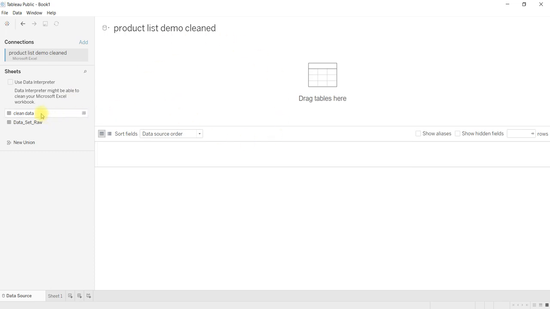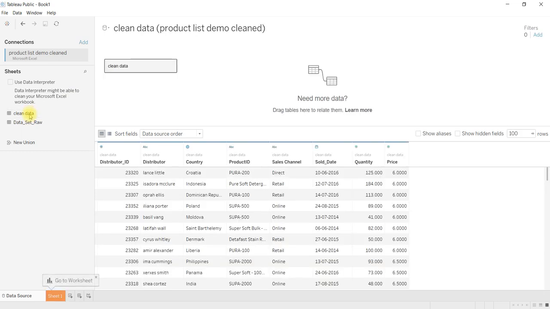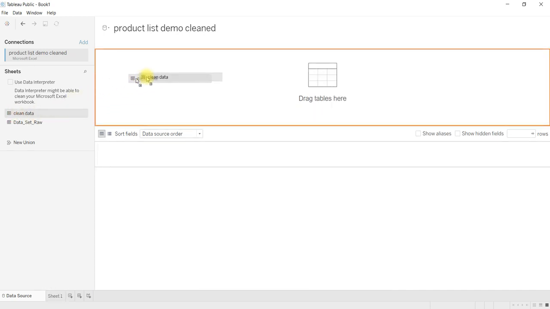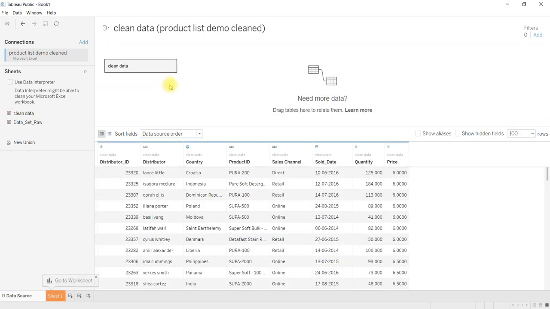To load it back, you can either double click on the particular sheet which you would like to load, or select and drag it to this particular section. Like this we can load the data into a tab. At one time only one sheet you can load. Once you have loaded the data, you can change a few formats, split some of the columns, hide some of the columns and so on. These options we will learn in the next video.